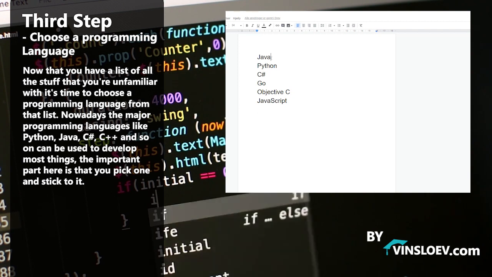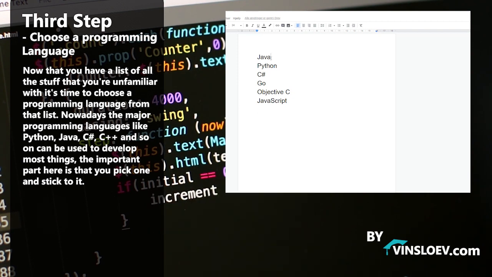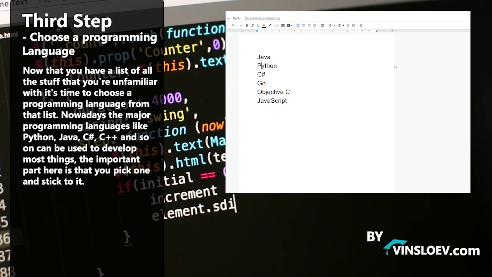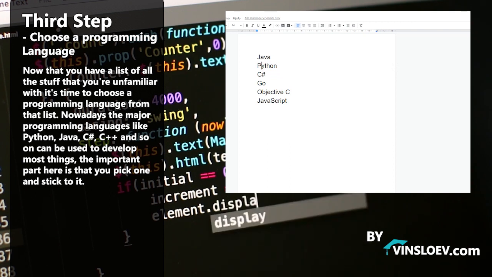So it can be beneficial to just do a little bit of digging, for example 15-30 minutes, where you search for each language and see what exactly are the benefits of this. For example, Java is very good at backend development, whereas Python is the standard within machine learning and stuff like that. The important part is that once you have chosen a language, then you stick to it until you basically